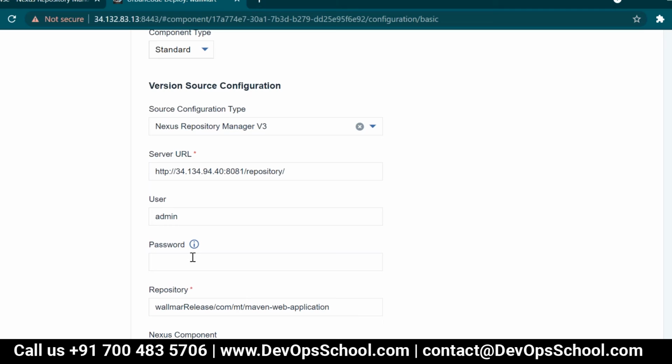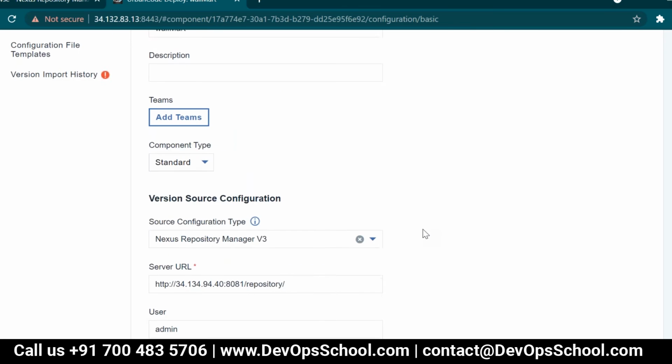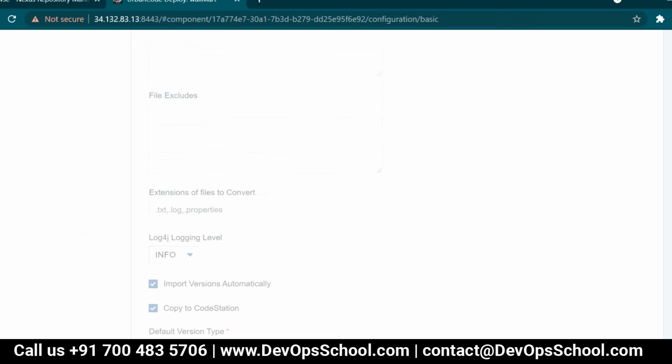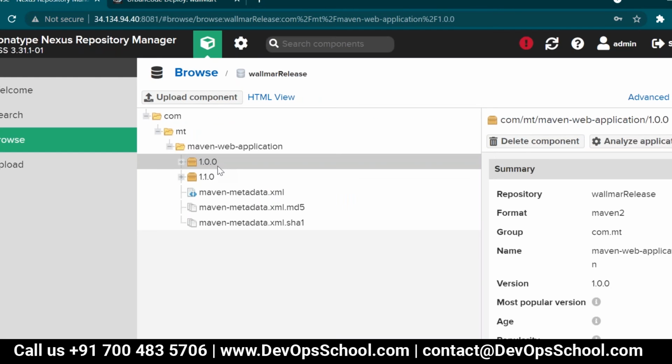What is the password for Nexus? Admin12345, right? That's correct.